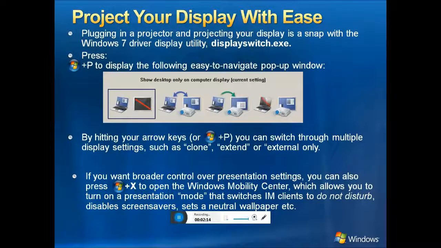Projecting your display is easy. Plugging in a projector and projecting your display is a snap with the Windows 7 display switch utility. Press Windows plus P to display an easy-to-navigate pop-up window. By hitting your arrow keys or Windows plus P, you can switch through multiple display settings such as clone,